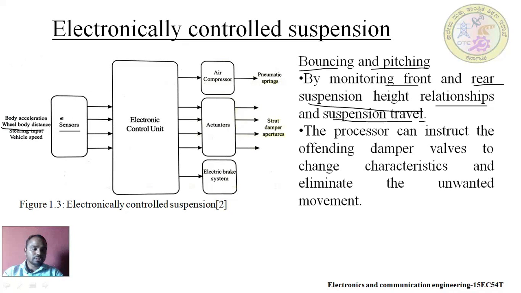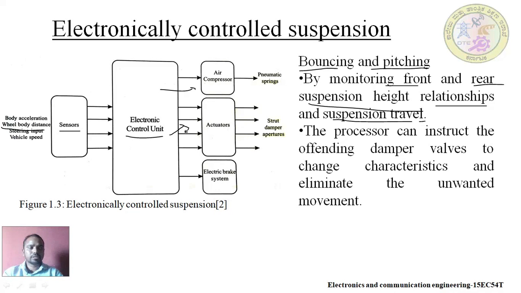It may use a sensor, maybe an ultrasonic sensor. With the help of the ultrasonic sensor, it measures the distance between the wheel and body, and that same information is given to the electronic control unit. The electronic control unit comprises a microprocessor or microcontroller, which is programmed to maintain the proper damping of the valve as well as the suspension system. That electronic control system gives the information to the output device to maintain the proper damping.